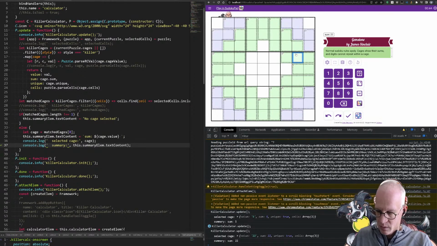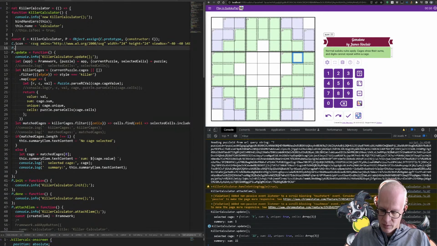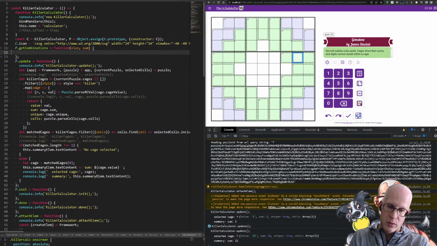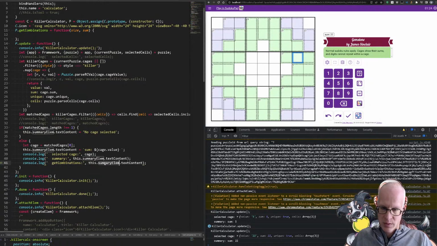All right, so combinations. P.get combinations. And it basically takes 2 arguments. Size and sum. Right? So can I do this? Well, for now, killer cage is always unique. So for the killer cage calculator, I guess we can assume uniqueness. So we're just gonna do get combinations,